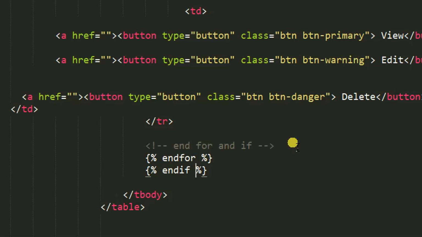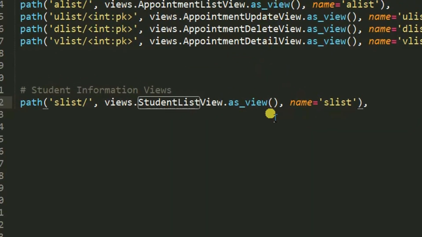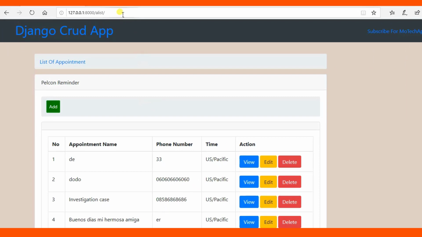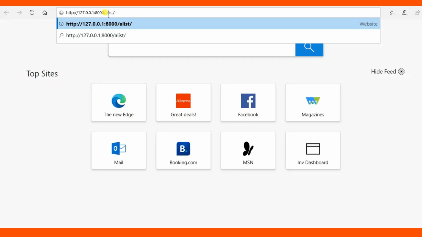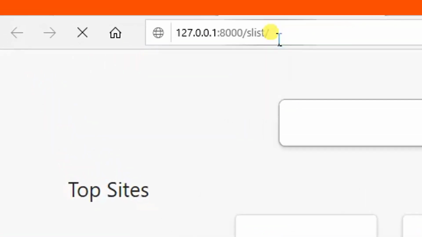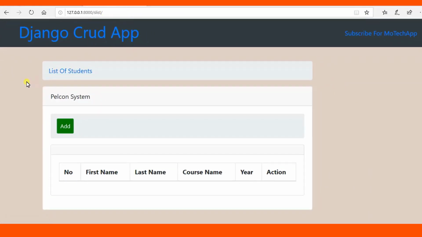But before we end for, we can put else. Right, but let me show you. Let's go and put, you can see the URL path is list. So let me go here, let me copy this and paste here, specifying list. You can see because we don't have information,